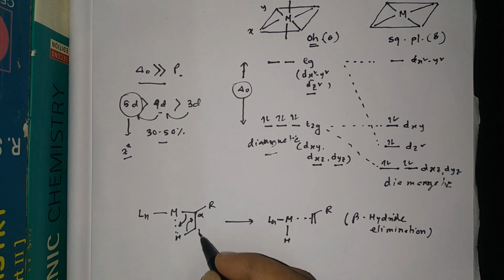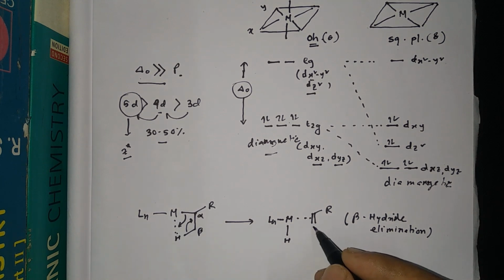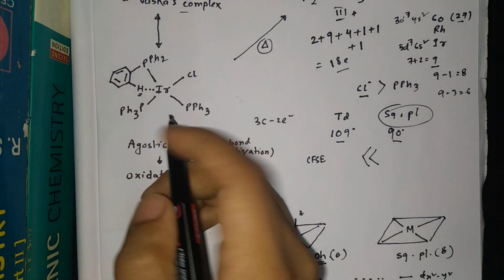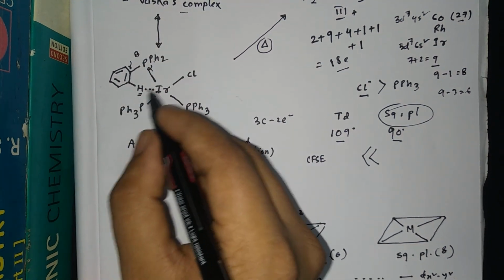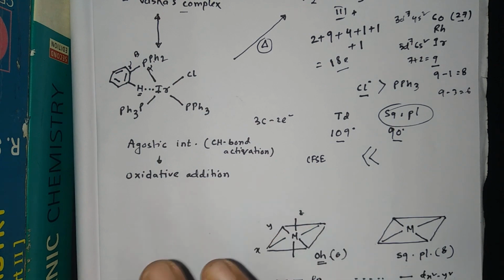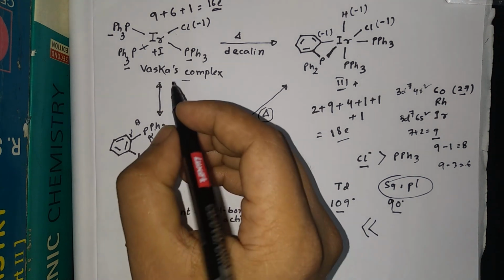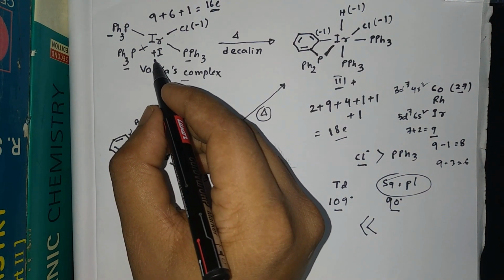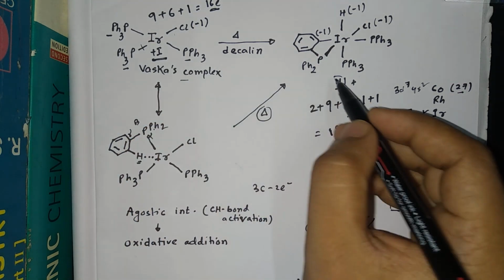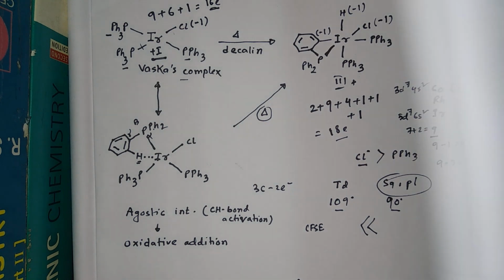So this is the alpha, this is the beta. If the beta hydride makes a complex like this and after that produces an alkene, this is called beta hydride elimination. But in this case no alkene will be produced; this is alpha, this is beta, and this is gamma. So there is no beta hydride elimination here. And we know this is not a migratory insertion as well, because in migratory insertion the oxidation state of the metal does not change, but here the oxidation state changes from +1 to +3, hence it is not a migratory insertion. Now we will see the options.